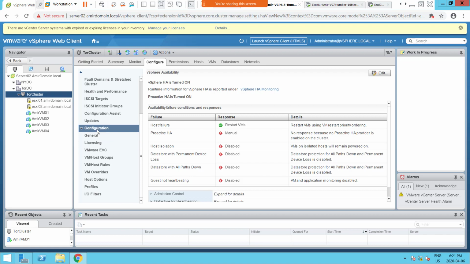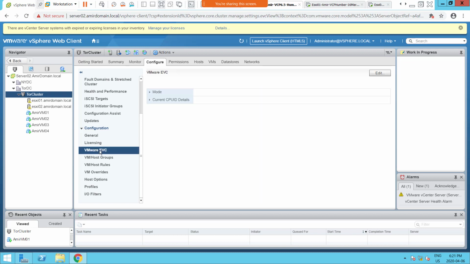there are some features in the configuration area. I hope everyone's there. Let's go first to VMware EVC, Enhanced vMotion Compatibility. I hope everyone's seeing that. Let's click VMware EVC. That's going to be very useful for you in a production environment. Enhanced vMotion Compatibility hides your processor incompatibilities